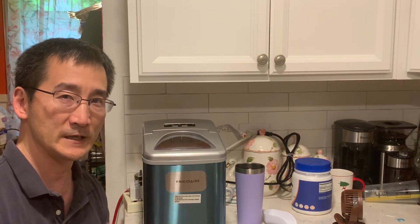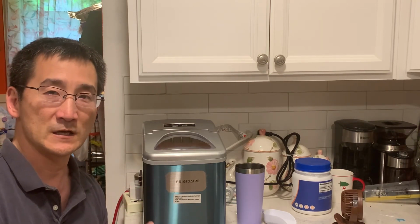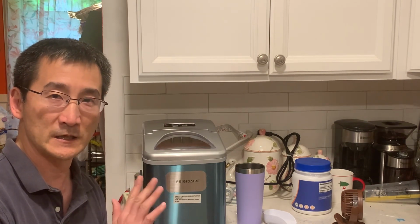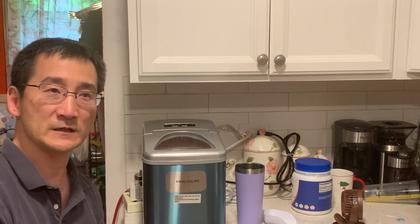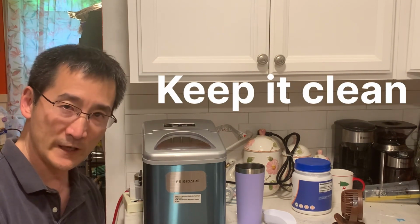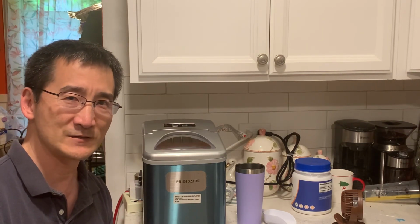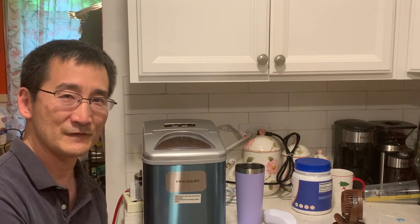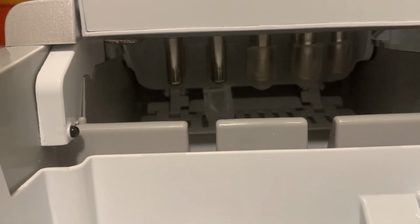So my plan is, one, after every use, when I'm done with it, I'm going to wipe it down with a paper towel and keep it as dry as possible inside. Secondly, I'm going to clean it often using just vinegar and water. And thirdly, in terms of the noise level, people say it's noisy. I don't hear much at all from this ice maker, except when the ice falls,